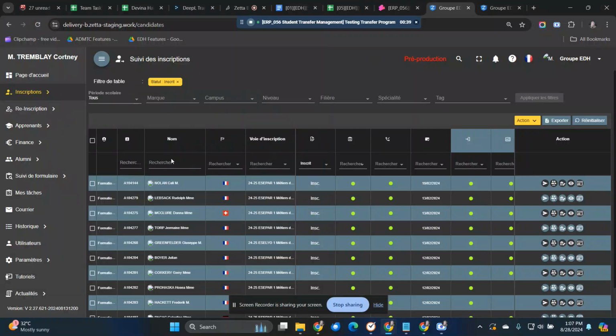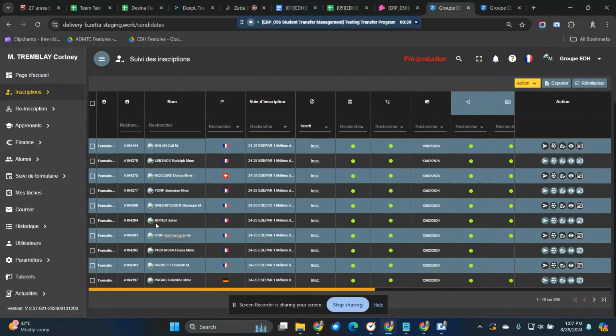So in the admission form application, for the student that has status registered or inscribed, we try to transfer the student.